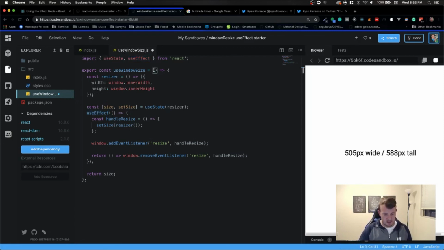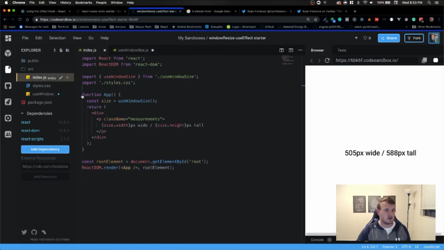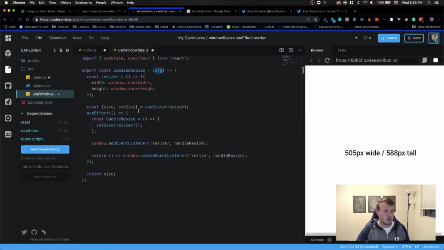If we were passing in some props or some kind of argument, and this change, well, let's take a look at this. In our index.js, let's say this was some component that was way down in the component tree. We were receiving props. Anytime props change here, we would rerun useWindowSize, which would rerun this entire effect